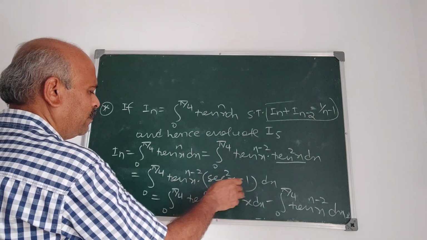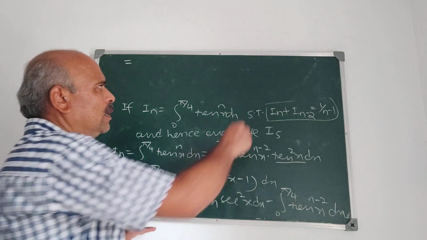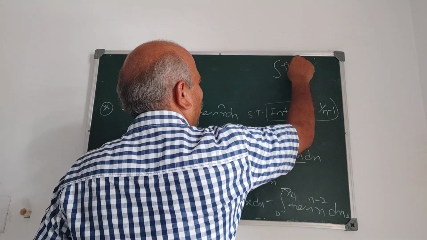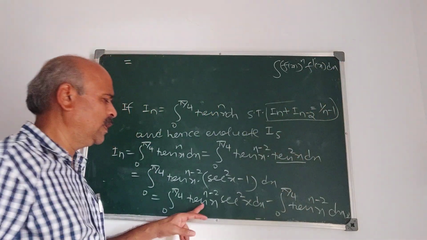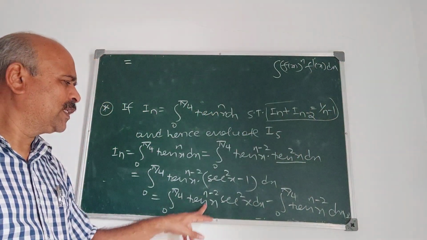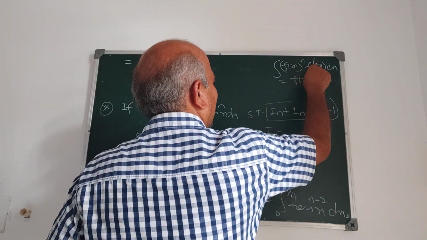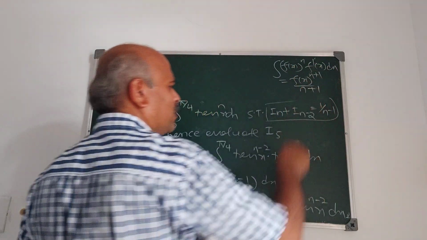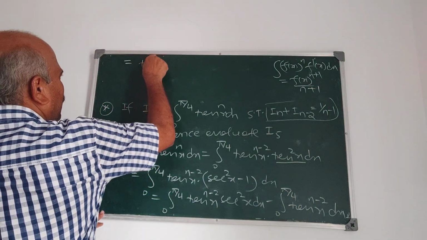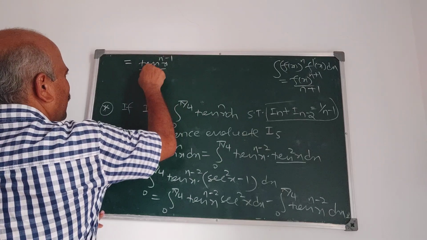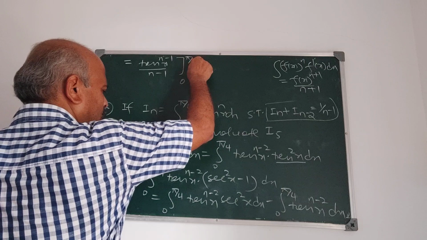The first integral is of the form f of x raised to n times f dash x. What is f x? Tan x. The integral of f of x raised to n times f dash x is f of x raised to n plus 1 upon n plus 1. Therefore, we get tan x raised to n minus 1 upon n minus 1, with limits from 0 to pi by 4, minus